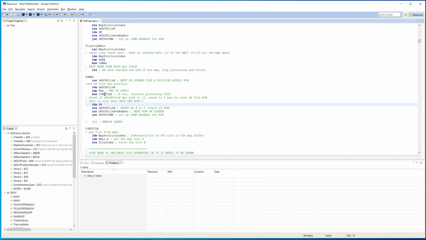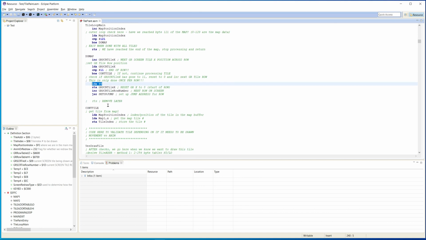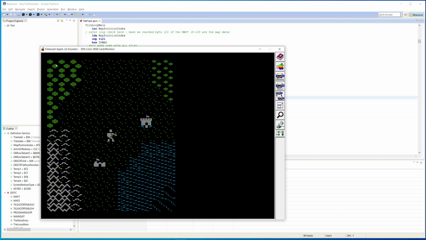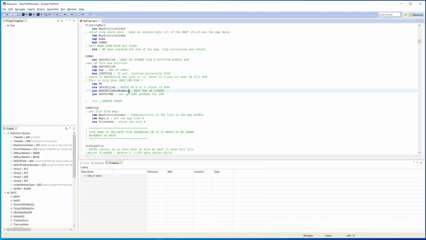Okay, so we do that. We set our X to 0. That resets from here to here, the beginning of the row, and then we increment the row number, which is what's used to determine which routine we use to draw the row, to draw the tiles that are on that row. And then we